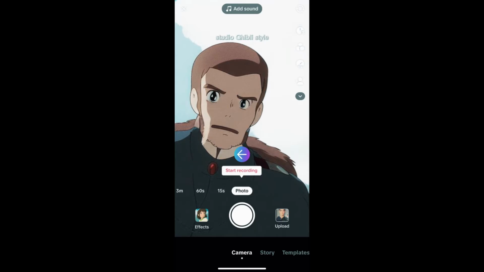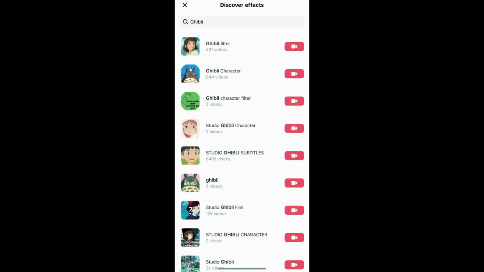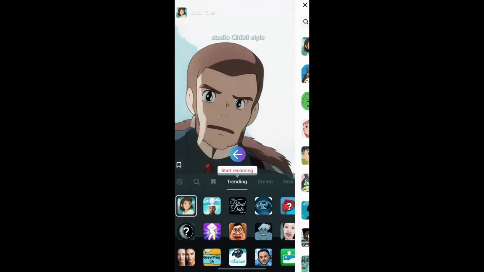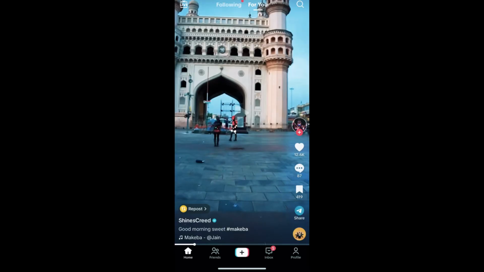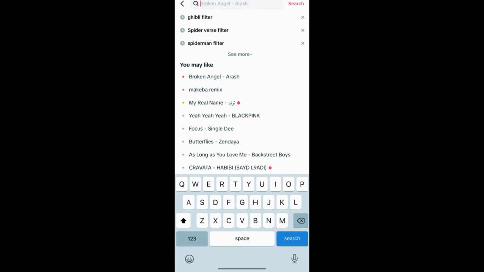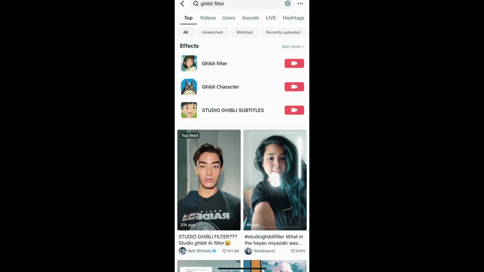Okay, suppose you are not getting the effect like this, then what you can do, go to your For You page. Okay, and here search for Ghibli filter. Okay, on the top row you will see the effect icon. You can tap there and you can visit the effect page, and from there you can use the filter, or